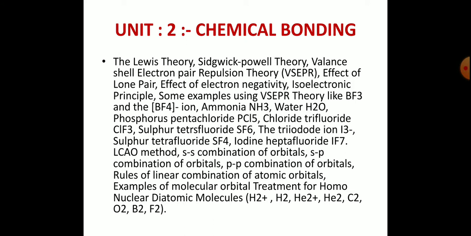principle, some examples using VSEPR theory like BF3 and BF4, ammonia, that is NH3, water, that is H2O, phosphorus pentachloride, that is PCl5, chlorine trifluoride, that is ClF3, sulfur hexafluoride, that is SF6, the triiodide ion I3, sulfur tetrafluoride, that is SF4, iodine heptafluoride, that is